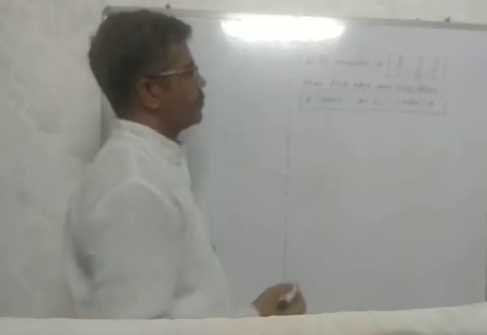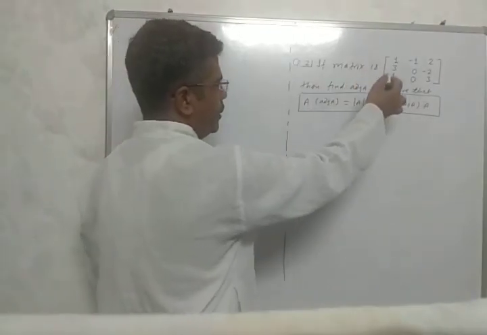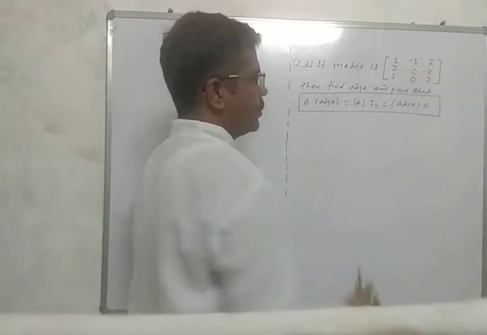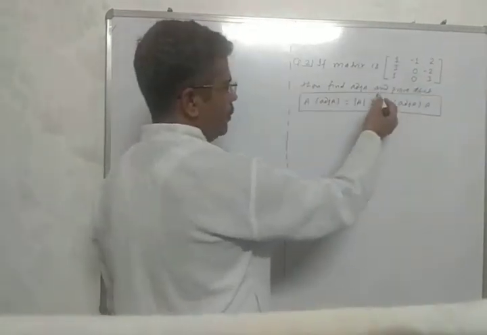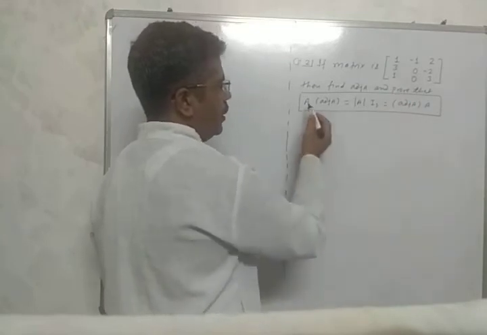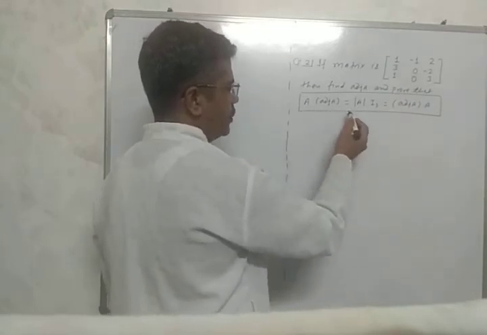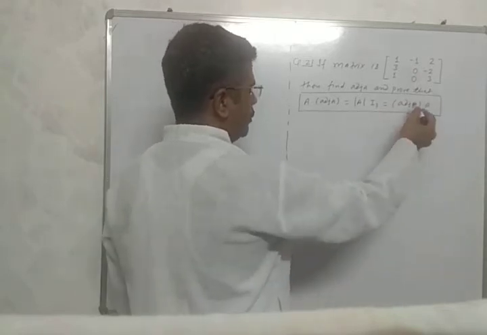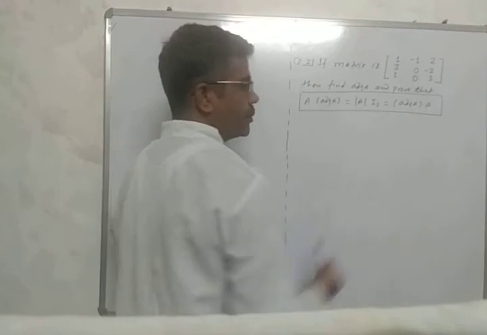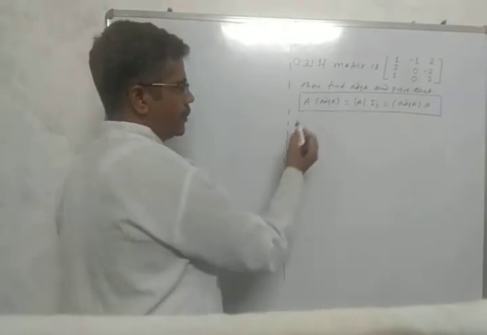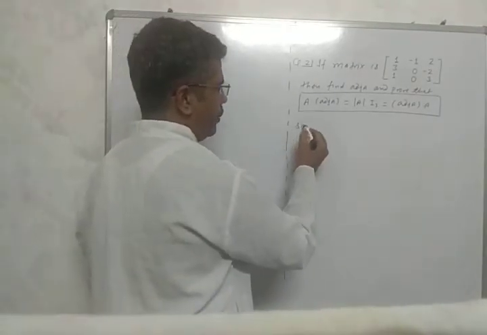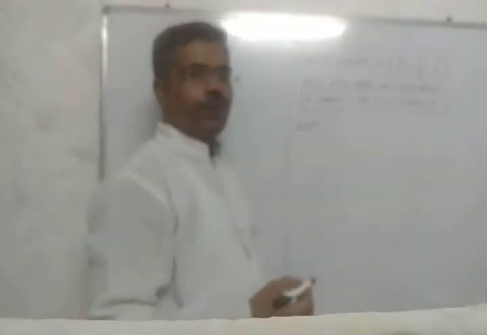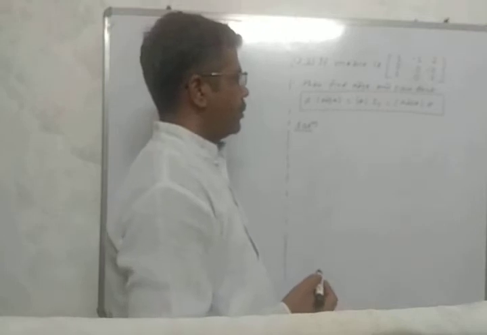Question number second. If matrix A is 1 3 1, minus 1 0 0, 2 minus 2 3, then find the adjoint of A and prove that A into adjoint A equals the value of determinant into the unit matrix equals adjoint of A into A. We first find the adjoint of A. We know that the adjoint of A is the transpose of cofactors. So we first find